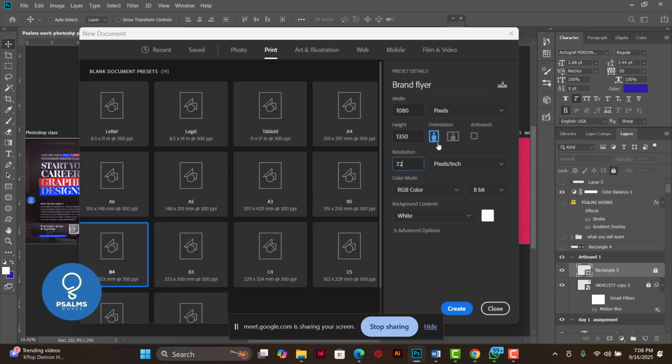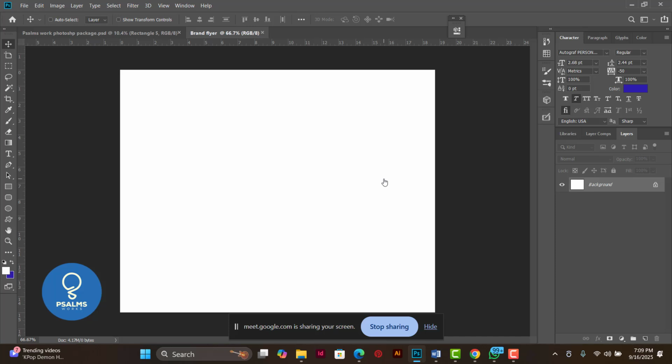Now, this is the orientation here. The width here is lower than the height. It shows that this is a standing design, a portrait design, right? If I choose to switch the orientation to make the width higher than the height, you can see as I'm clicking on the tab, it is just flipping the sizes, right? Once you are done with this, I think you are okay. You don't need to touch any other thing here, and all you need to do is just click on create. Once you click on create, you are now welcome into the Photoshop interface where you have a lot